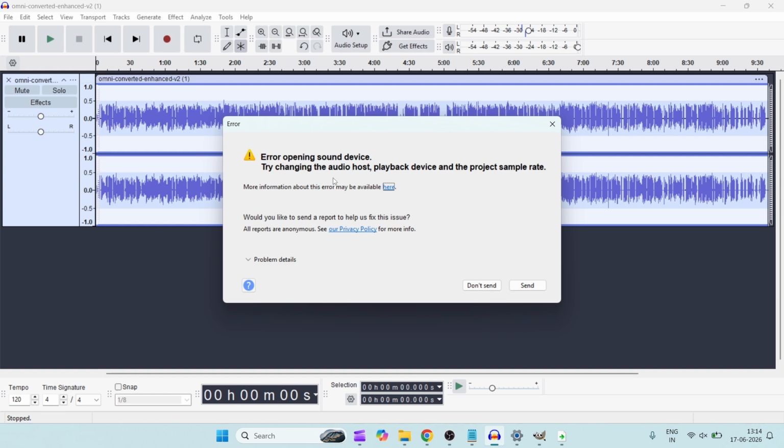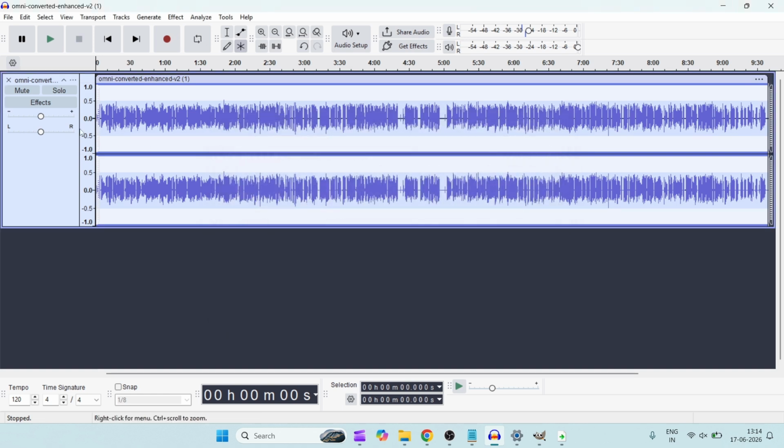Error opening sound device. Try changing the audio host, playback device and the project sample rate. See, when I import this audio file for the first time, it played perfectly, but I just made some changes. Maybe due to that, maybe due to some other reason. Whenever I try to play this playback, sometimes it is playing and sometimes this error pops up on the